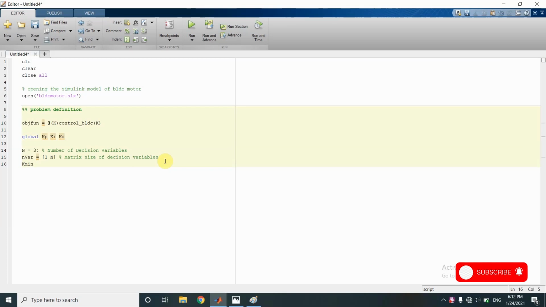Then kmin, this is the vector containing the minimum value of variables, or we can say the lower bound of variables. The minimum value of all the three parameters or gains is 0, 0, 0. So this is the vector of minimum value of variables.